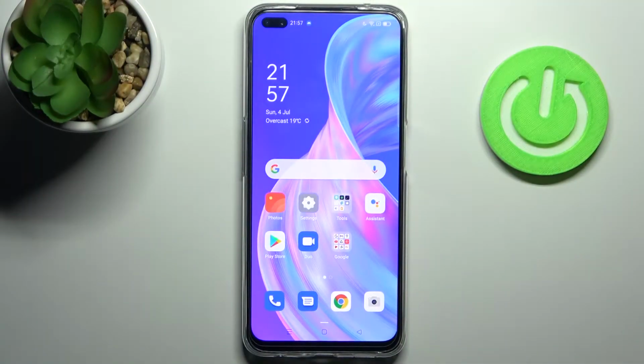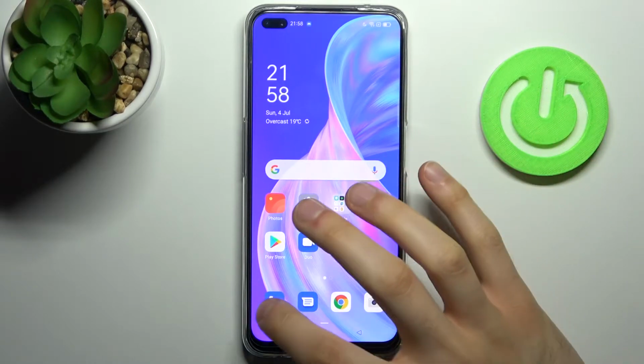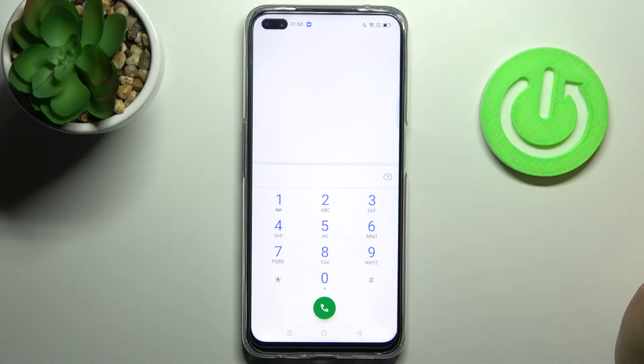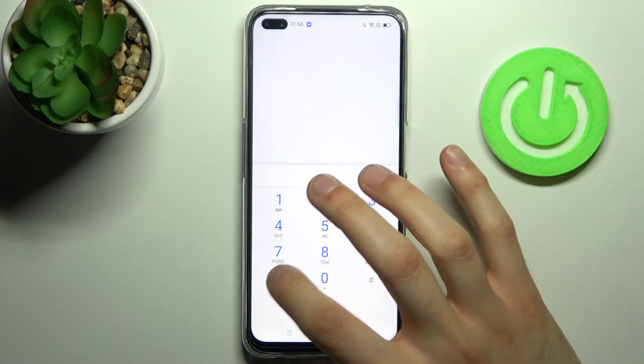Here I have OPPO Reno4 Z 5G, and today I'm going to show you how to enter secret codes on this device, and also I will show you some of these secret codes. So to enter secret codes, you have to open phone application, open the keypad on it, and enter the secret codes here. And the first code for today will be